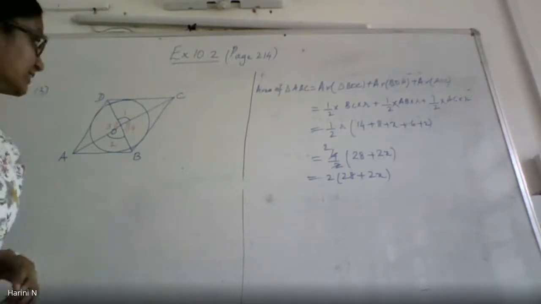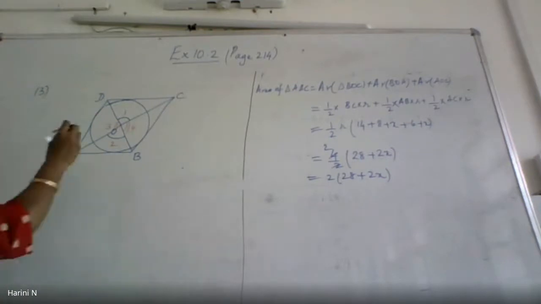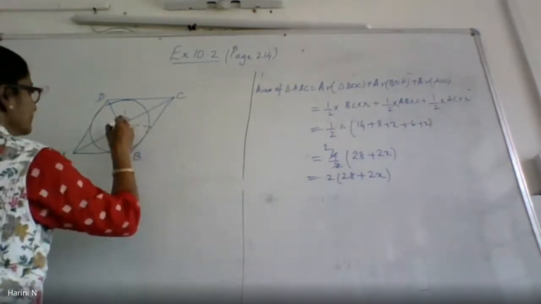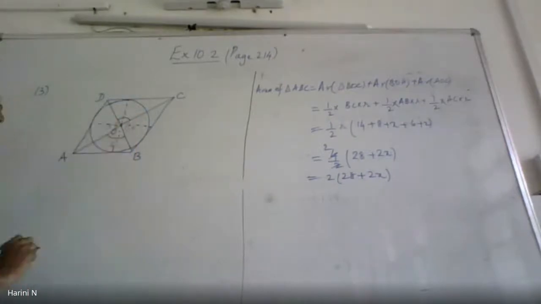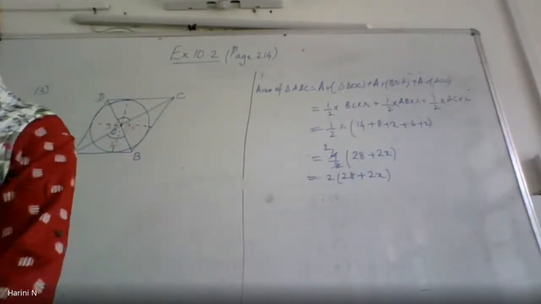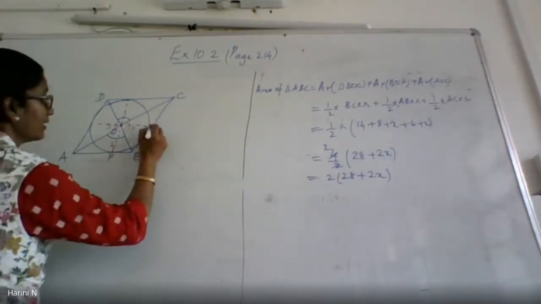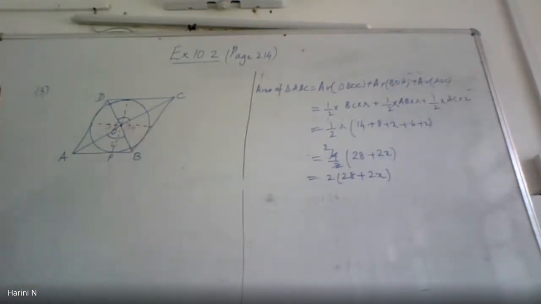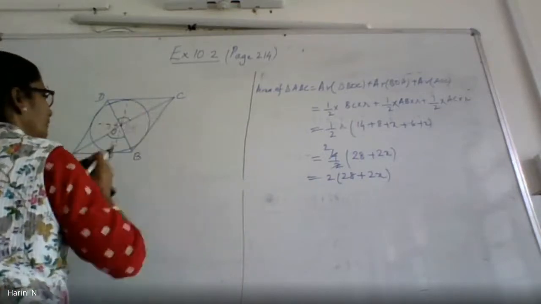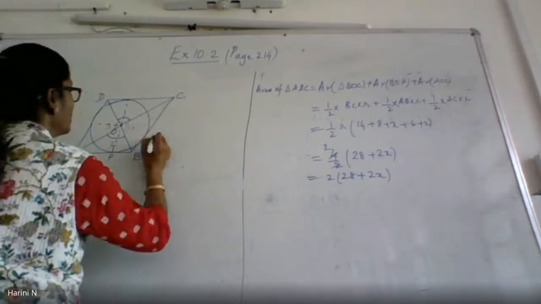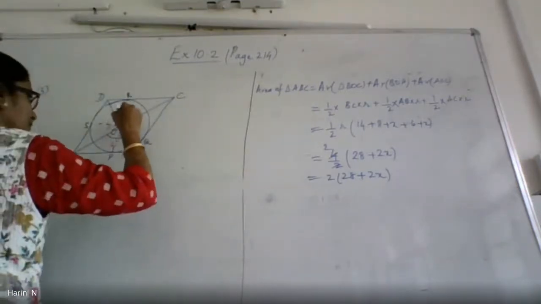Now the next construction that I can think of definitely will be, I will be drawing the radii of the circle wherever it is touching the circle. Say I will call the point of contact P. Okay, here it is Q, this is R and this is S. So when I join this Q.